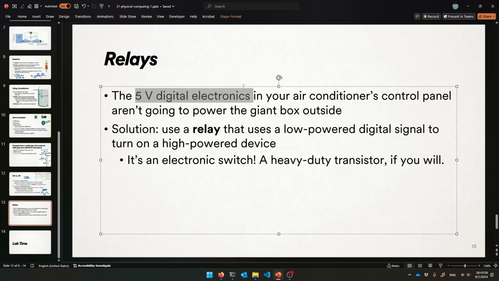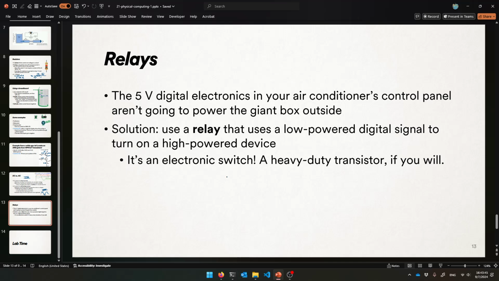We're using 5-volt digital electronics all over the place. You're not really using 5 volts out in your air conditioner, for example, right? But you're using 5 volts to control your air conditioner, aren't you? That control panel is not going to power your giant box, right? You might need 100 or 240 volts or something even. You might need to double up. So the way to get 5 volt electronics to power some giant 240 volt thing is use what's called